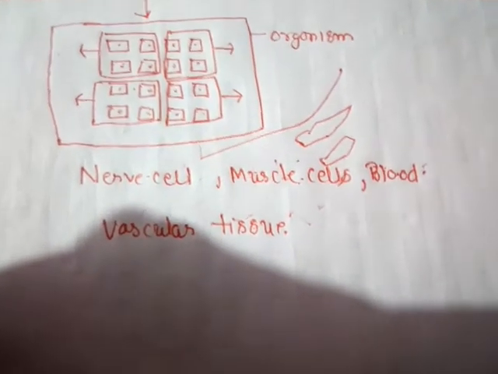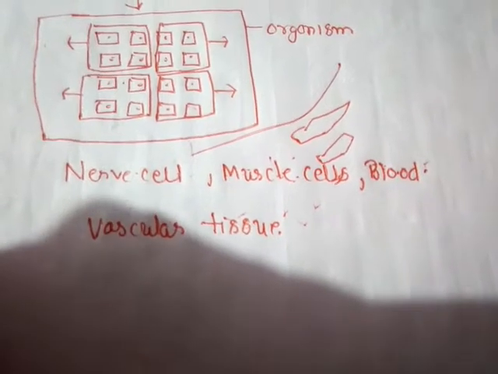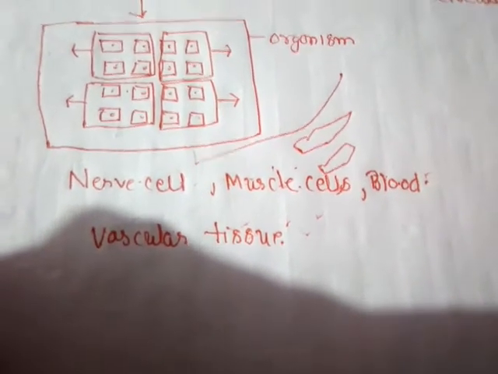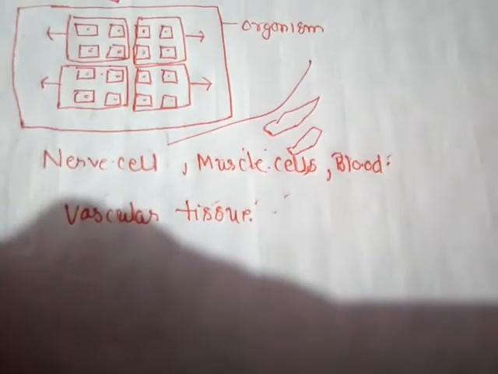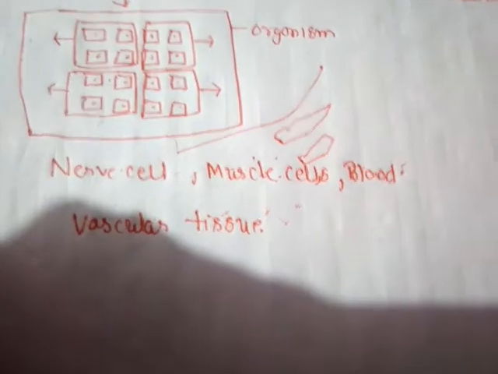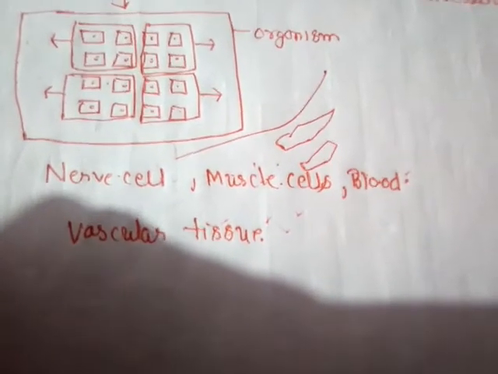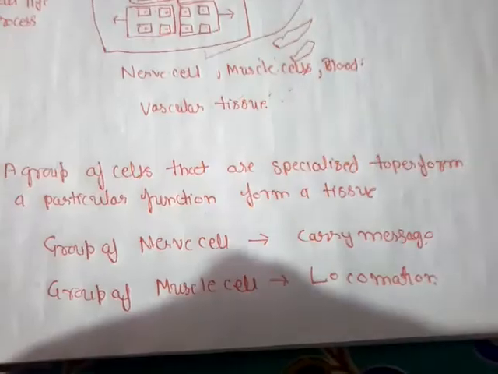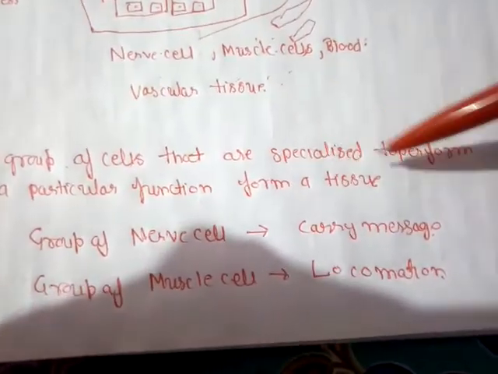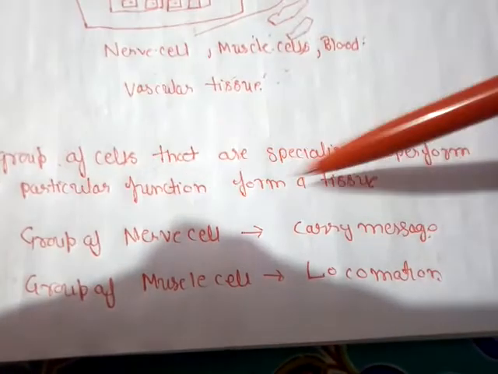and the blood have the physical property of being liquid to transport it throughout the body. So the cells become specialized to perform their function, and these group of cells that are performing a specific function form a group of cells, and that group of cells is called the tissue. So if we go definition wise, a group of cells that are specialized to perform a particular function forms a